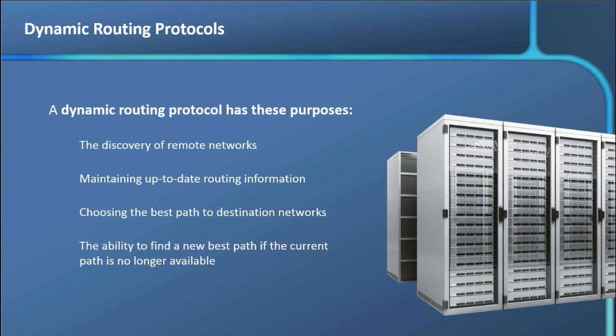So besides the logistical aspects of it, what do we need to know about it? Well, it's a dynamic routing protocol, very much like OSPF or RIP or BGP, and it has the same purposes: discover remote networks, maintain up-to-date routing information, calculate the best path. The way that OSPF calculates the best path is based on bandwidth and bandwidth alone. And remember, it uses that default reference bandwidth of 100 megabits per second. So out of the box, you have to change the reference bandwidth for OSPF, or 100 meg links, gig links, 10 gig links, 40 gig links, 100 gig links, all have a cost of 1,